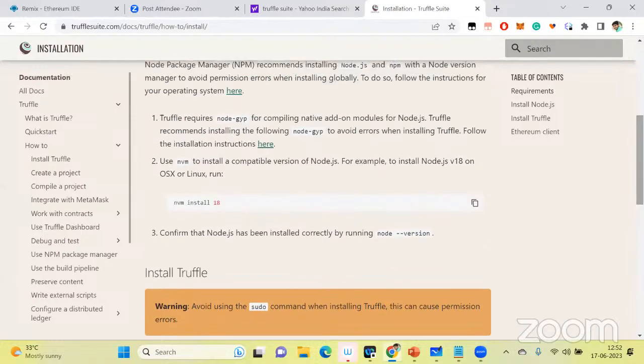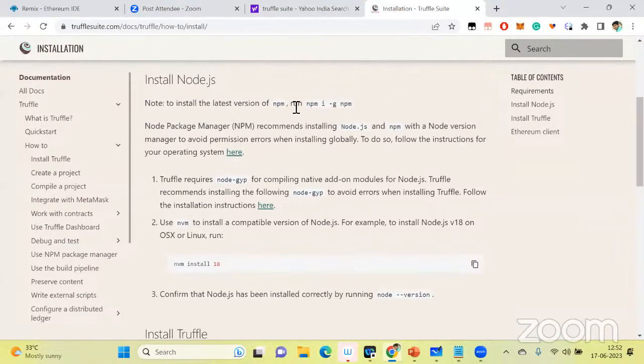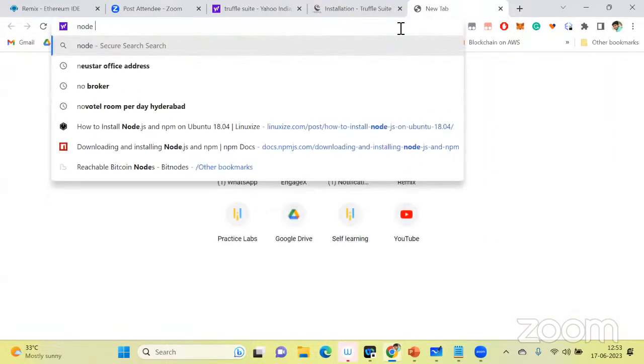Due to which, they have given some prerequisites. To install Truffle, you have to first have the latest version of npm, node package manager. To do that, you can say npm -g globally, and then your node package manager, whatever you have installed. Then you need to install your Node.js. Now, how can you install Node.js? Simply, you can go here and search for Node.js